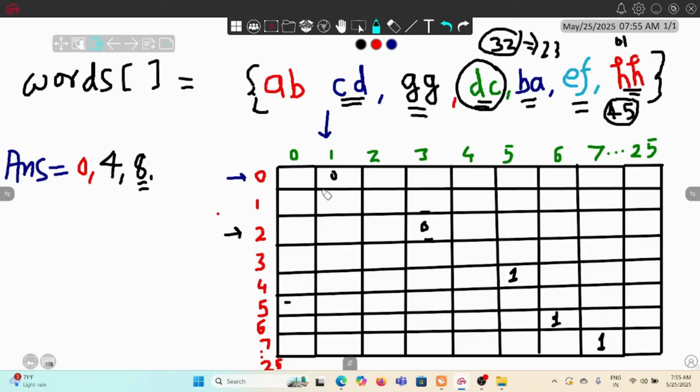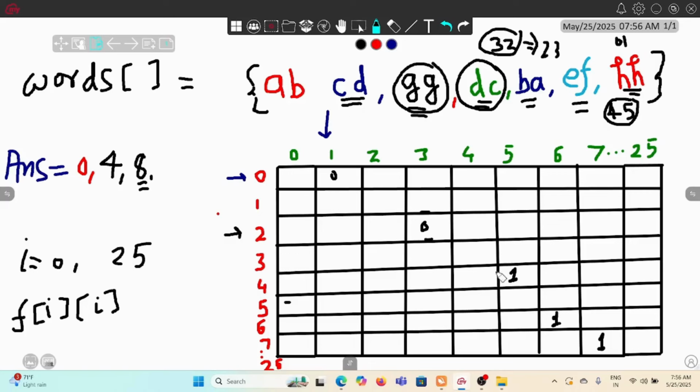common values, right? So when we will traverse through this array again, we will make a for loop till 26 and we will look for all those values where let's say I equal to 0. For I equal to 0 till I equal to 25, we have all those coordinates, right? So wherever we found this frequency array of I, for the common words like GG and HH here, wherever we found frequency of I equal to some frequency which is greater than 0, that means we have found some such values which are having both characters same,